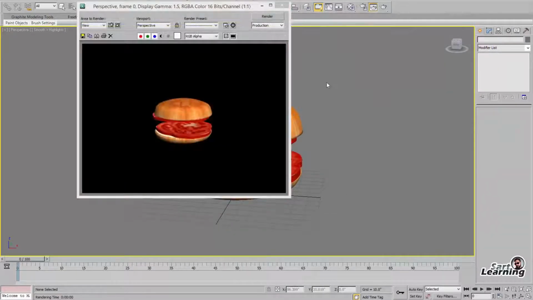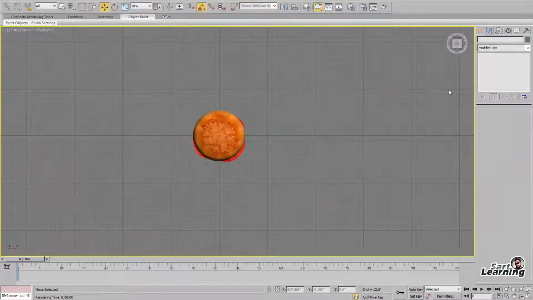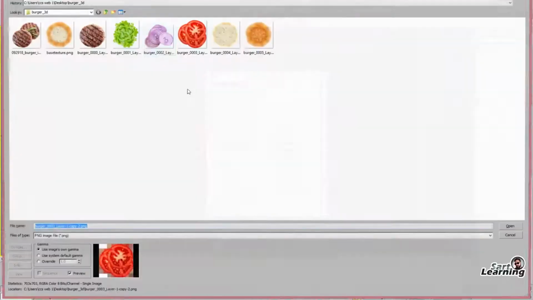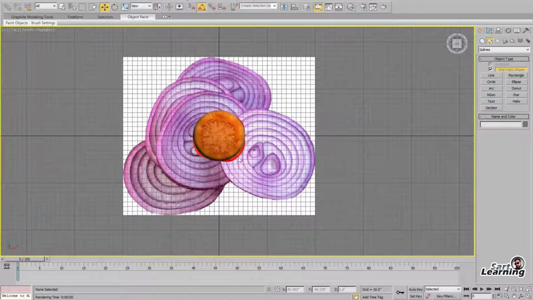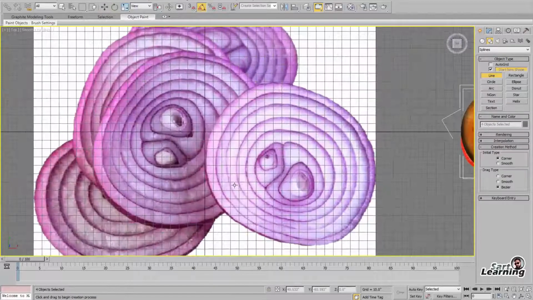Fine. Now time to create the onion slices. Same as I created the tomato, you can use the same technique for the onion. For this I am going to create only a single slice, so I can duplicate and place them individually.